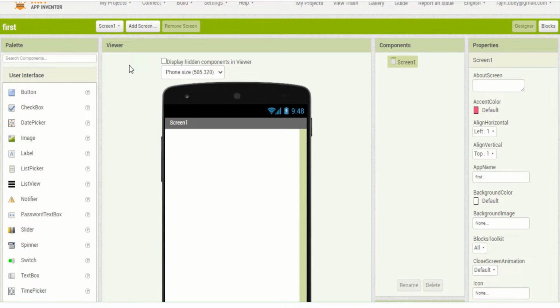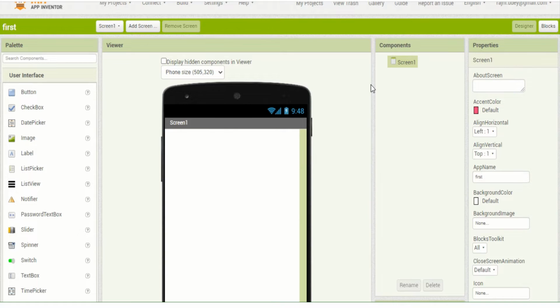In this video, we shall start to create our first mobile app. For mobile application development, I am using MIT App Inventor software, and this is the area where I am going to start to design my mobile application. This area is called the dashboard. If you do not have any knowledge about the creation of the dashboard, you can watch my previous video.